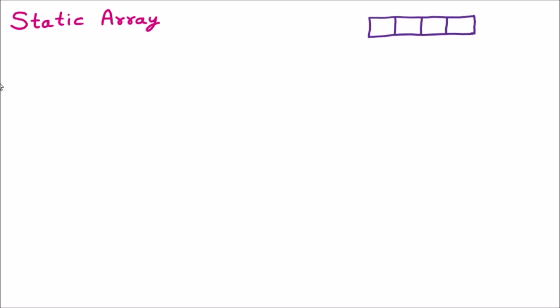Okay everyone, so now we are learning the static array. Whenever the array is there whose size is fixed, that is called the static array. Let us suppose that we are taking a diagram here. Here we are having an array, let us suppose A.